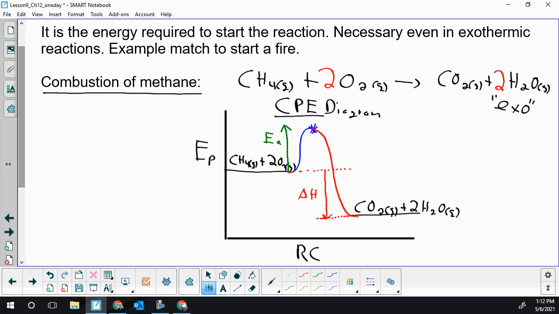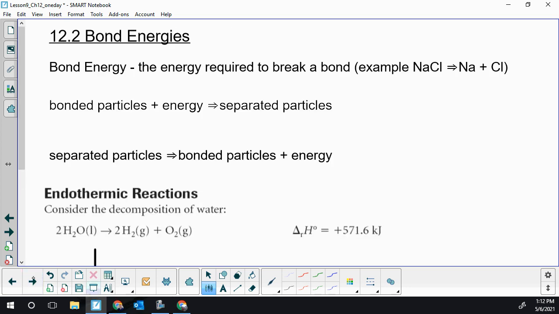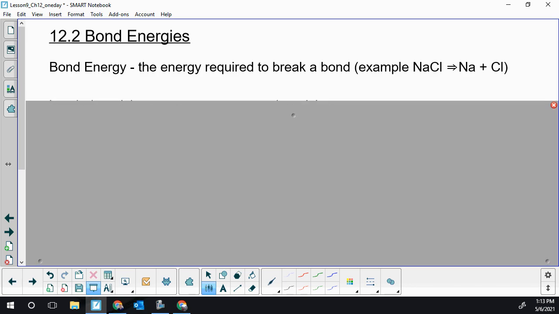Next, I want to move into the notion of bond breaking and bond forming, and we're going to come back to a very similar diagram to the one we're just leaving. First, we're going to talk about the energetics of what happens when you break a bond and what happens when you make a new bond. Before I do that, let's think about this topic of bond energy, okay? Bond energy is the energy required to break a bond,